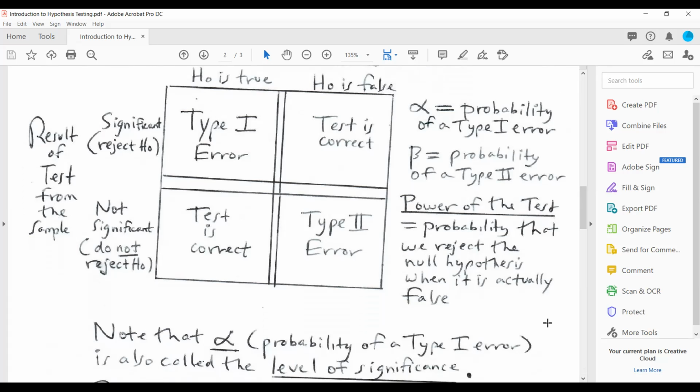So their job, their goal, hopefully without any sort of manipulation, is to reject the null hypothesis when the null hypothesis is actually false, right? That's a correct decision. This one up here. They want to reject the null hypothesis, that's their goal, and they're hoping the null hypothesis is actually false. And that probability is called the power of the test, all right? The power of the test is the probability that we reject the null when it's actually false, that particular correct